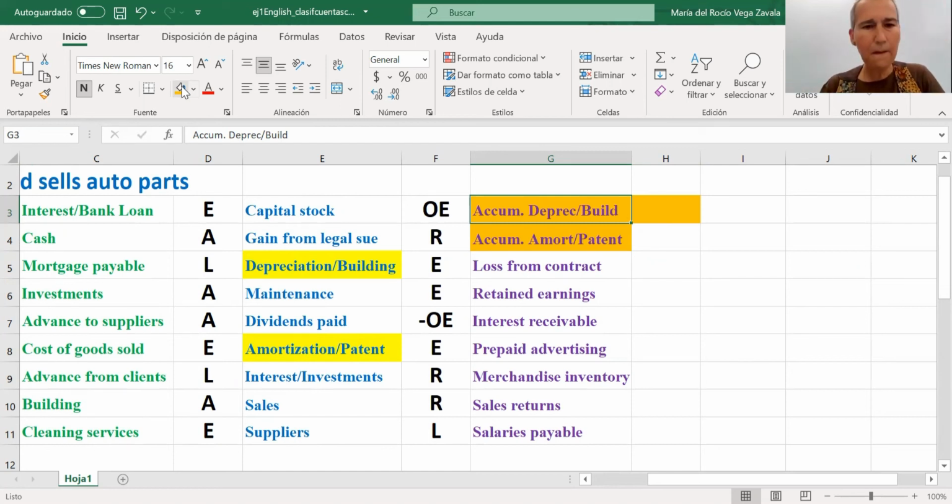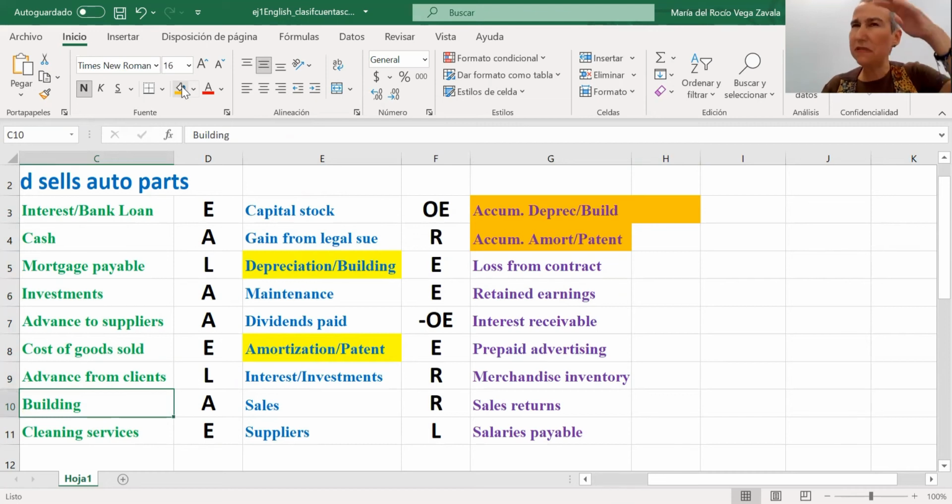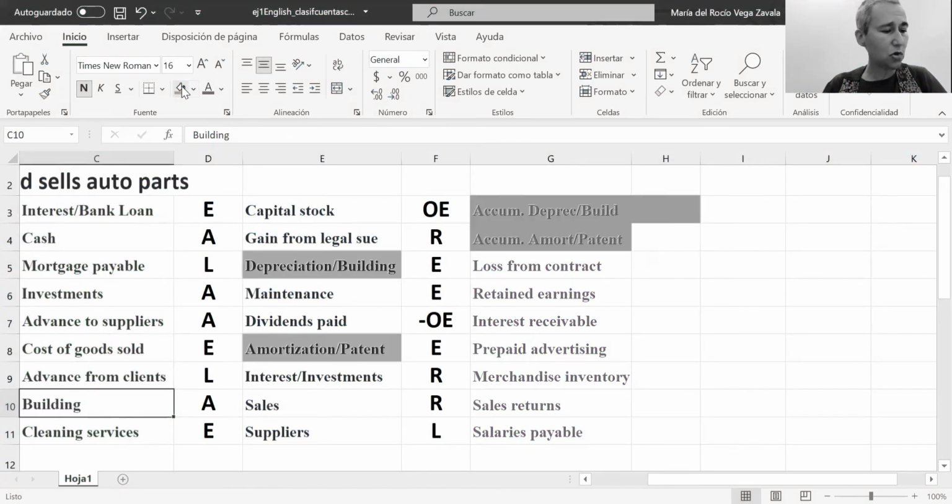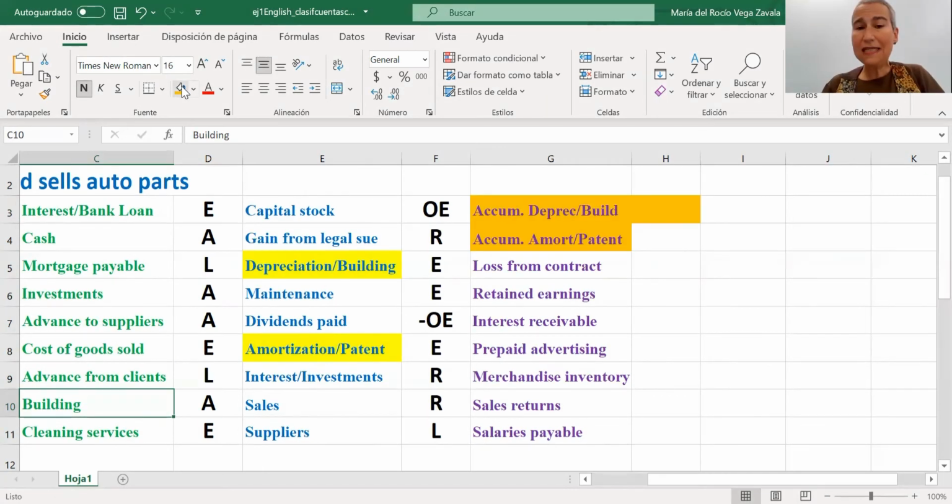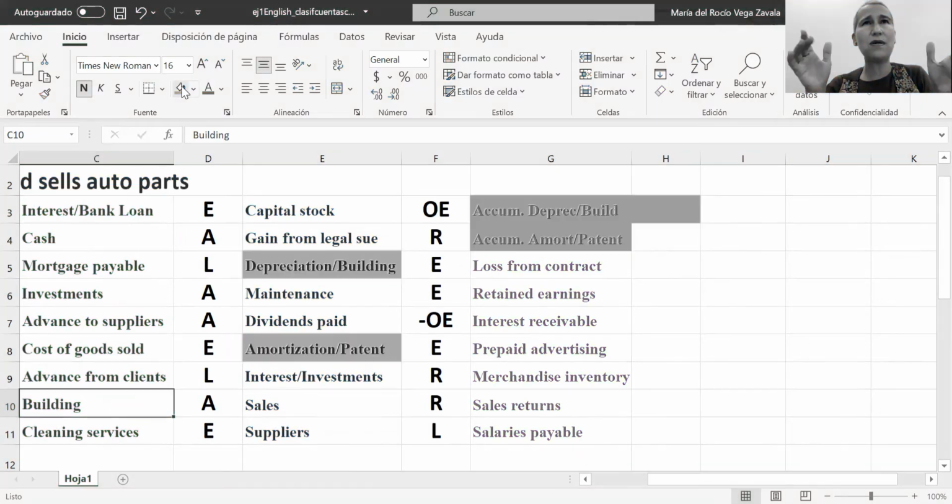Let's say that I bought this building that we had here before. This building cost me, let's say, 100 million. Okay, 100 pesos or whatever, $100, whatever. And let's say that this building will last 10 years. So, rounded numbers, if I divide the cost, 100 divided by